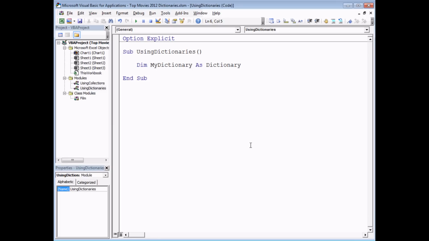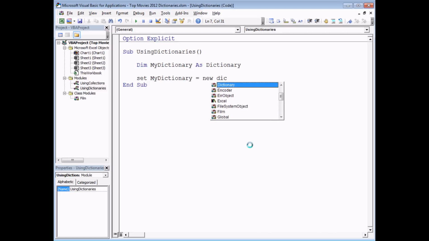Next, we need to create a new instance of the dictionary class before we can begin adding items to it. We can do that in a couple of different ways, but here's a fairly standard way of doing it. We can set my dictionary equal to a new instance of the dictionary class. And once we've done that, we can begin adding items to the dictionary object by using the add method. So I can do that by saying